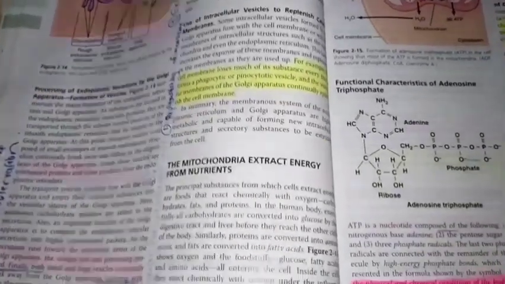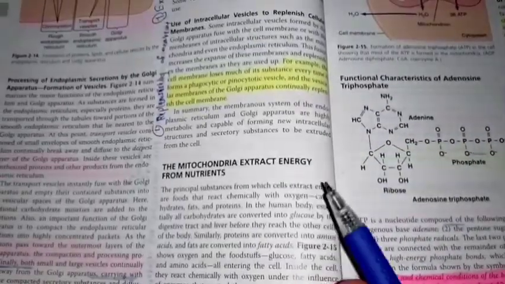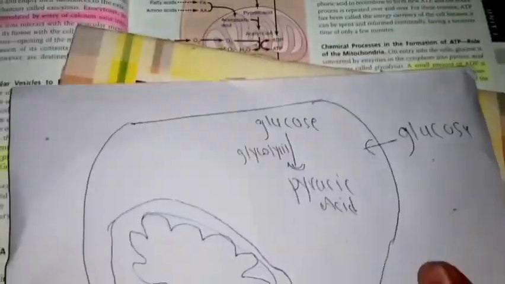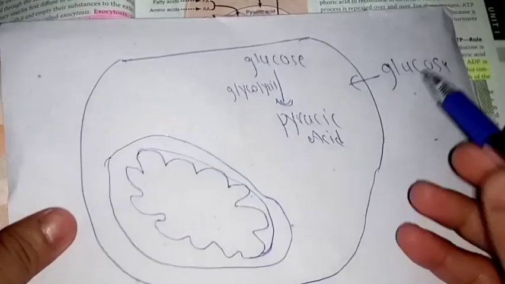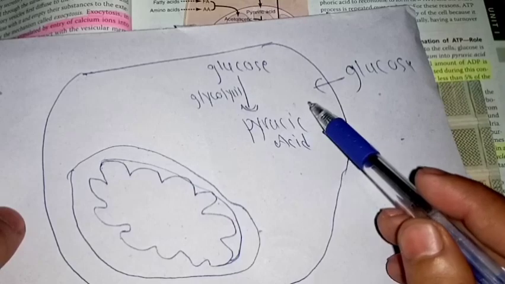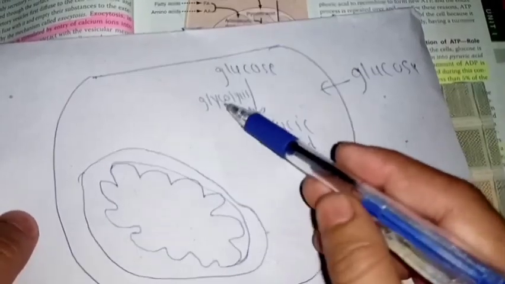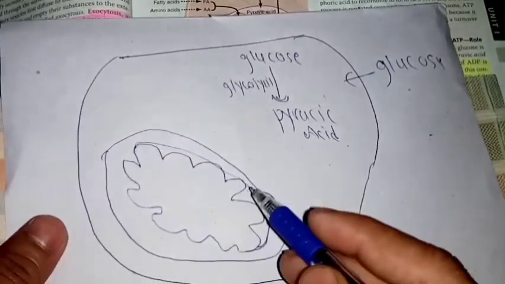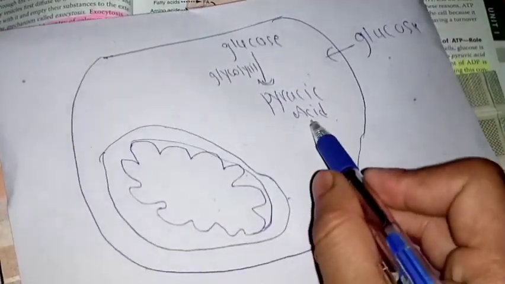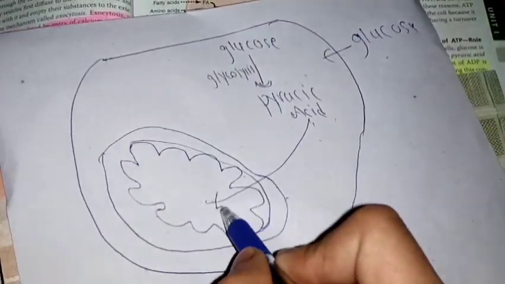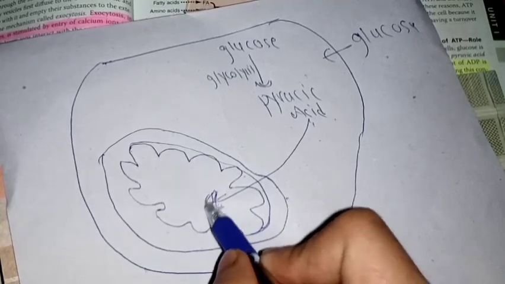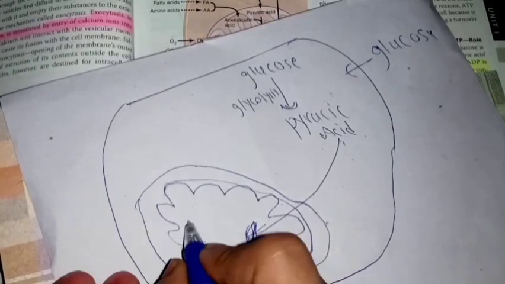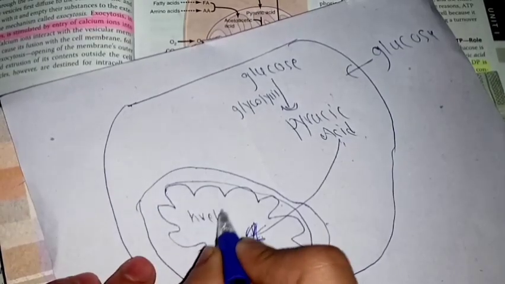We will discuss the mitochondria, how the mitochondria extract energy from the nutrients. Let's start. For example, when glucose gets into the cell, then inside the cytoplasm, through glycolysis, glucose is converted into pyruvic acid. And the pyruvic acid then goes to the matrix of the mitochondria. And this matrix contains the enzymes of the Krebs cycle,